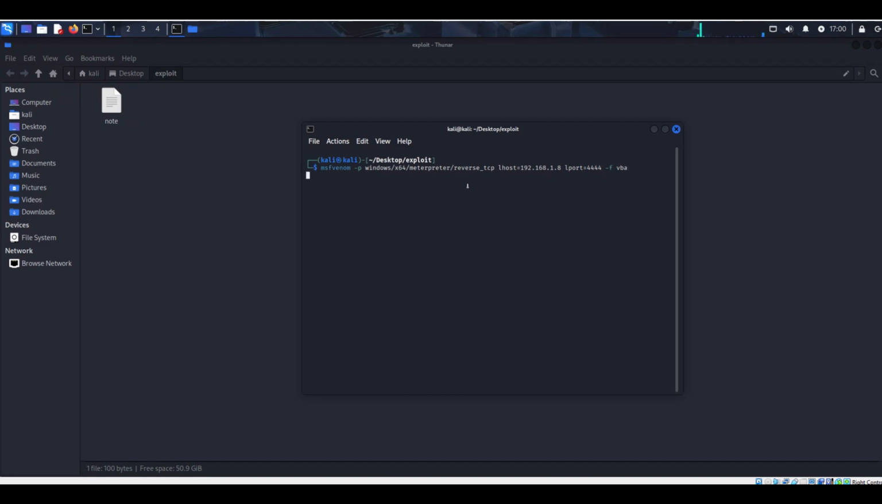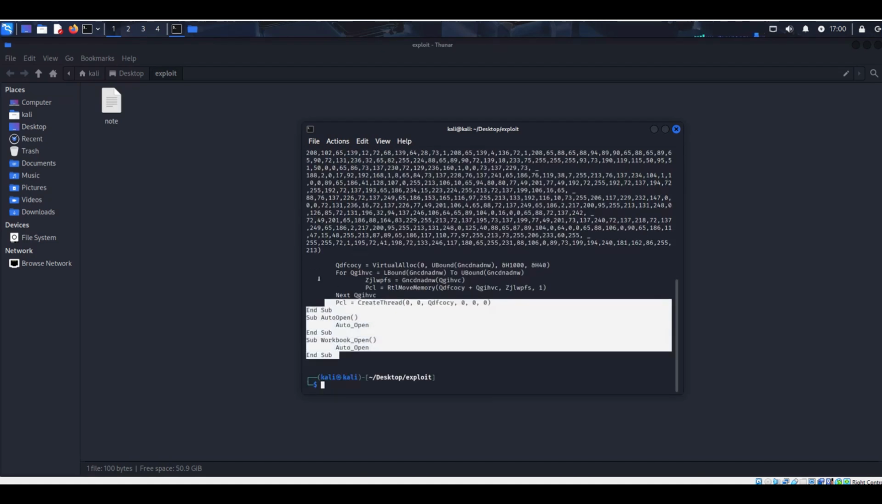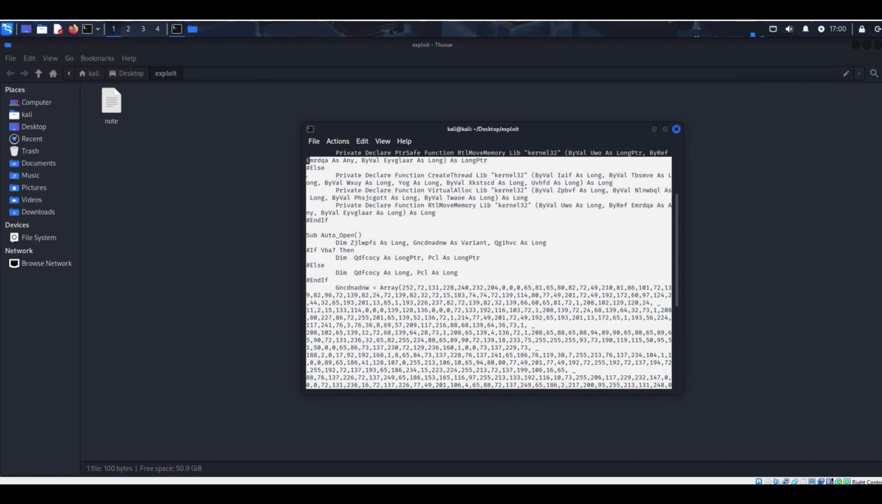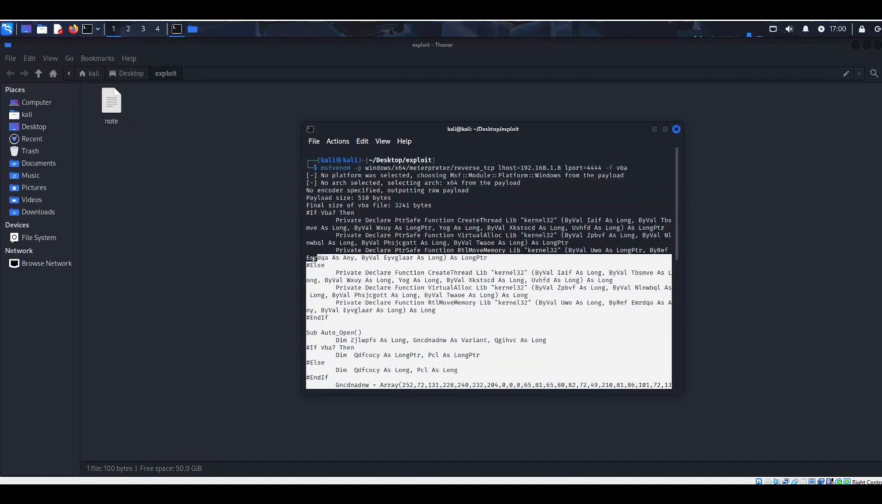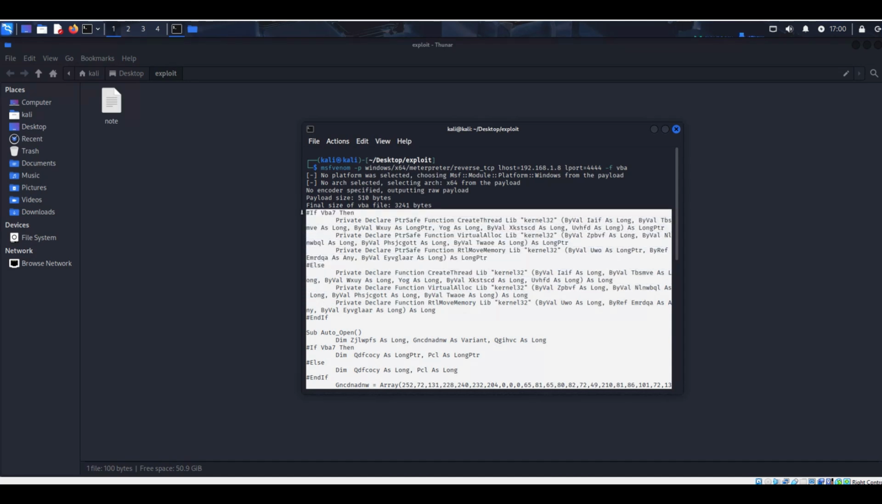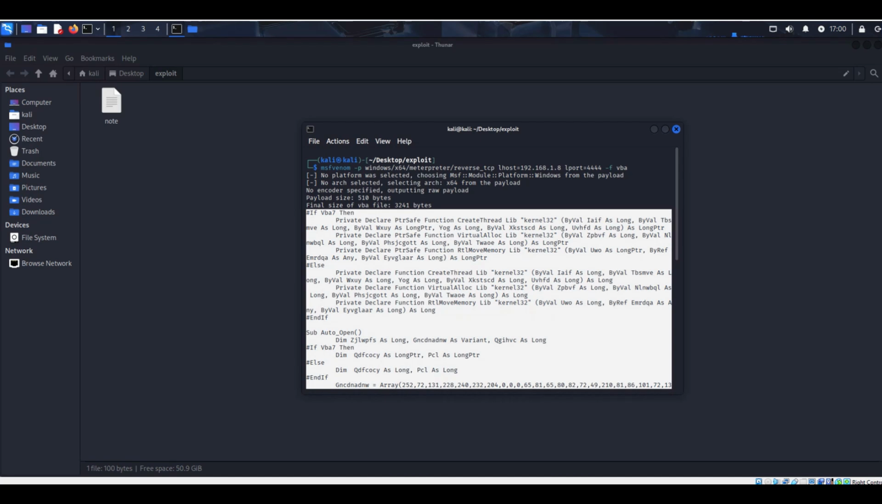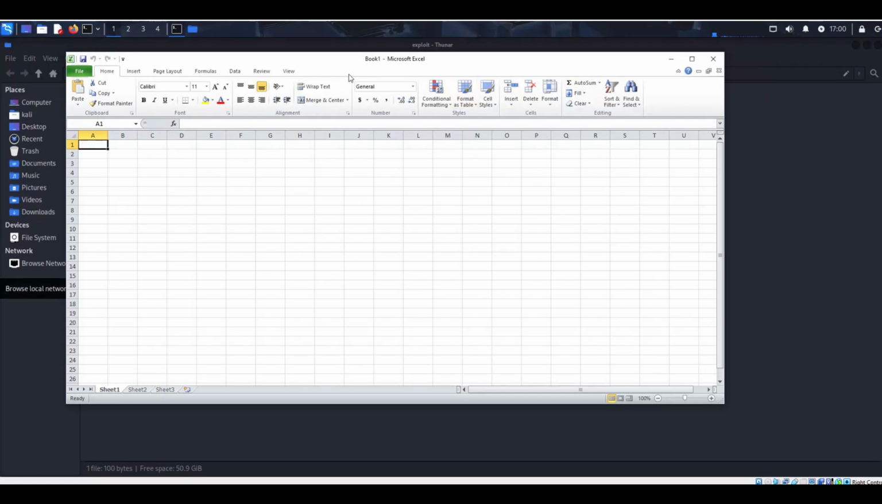Enter. It's going to give us the script. We need to copy it to here. We copy it. Now we're going to create, on the Windows,